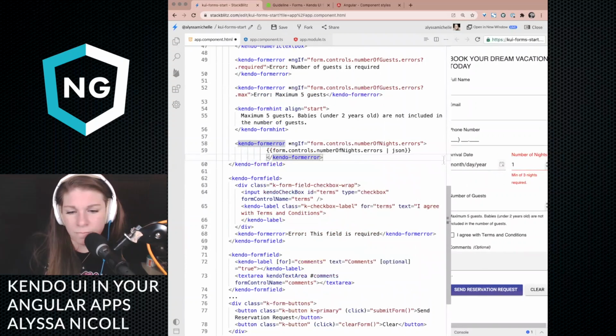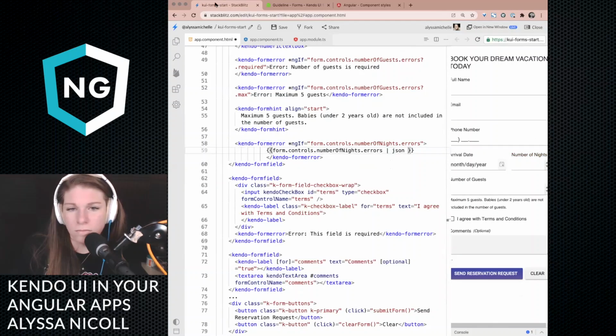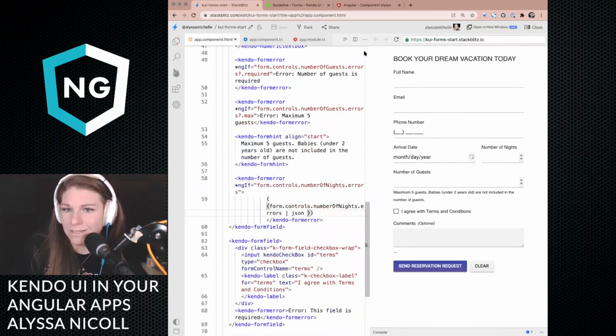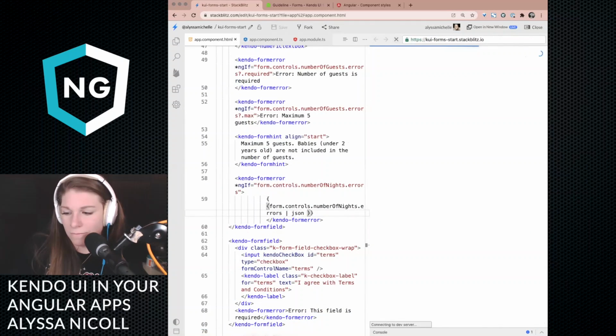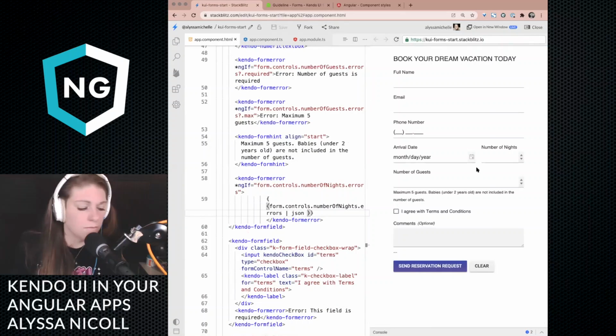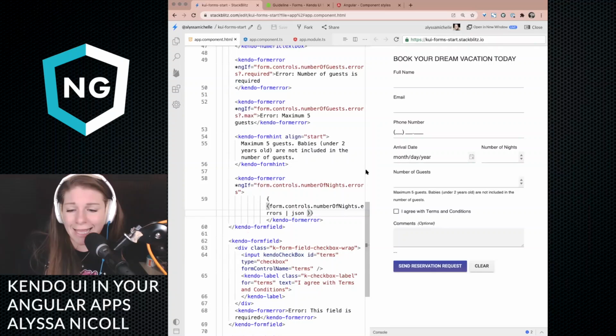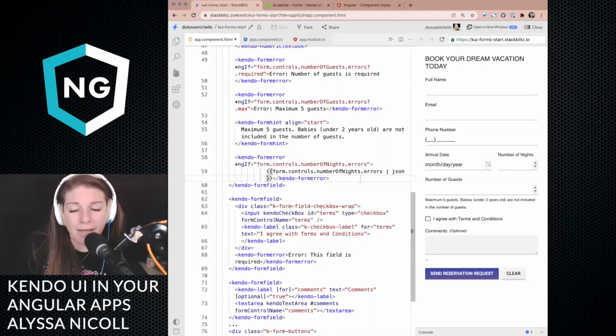One second. ng form controls number of nights errors. Yep. And then we want to parse the JSON. You always have to ask yourself, did I save today? Anywho, this is a super hacky thing that I like to do,